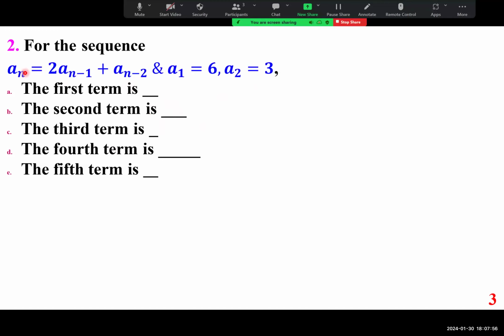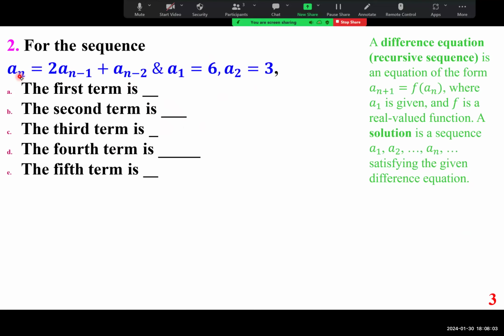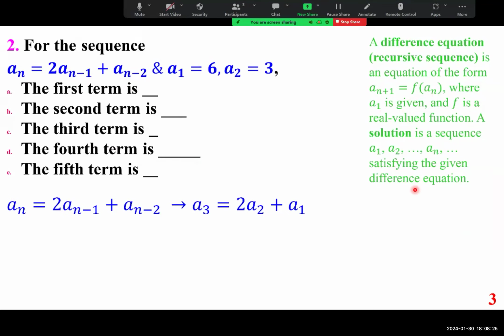okay, so first a simple definition. A difference equation, also known as recursive sequence, is an equation of the form a sub n plus 1 is f of a sub n, where a sub 1 is given and f is a real valued function. A solution is a sequence a sub 1, a sub 2 to a sub n, satisfying the given difference equation. That's the definition. So with that being the case, if I want a sub 3, I get 2a sub 2